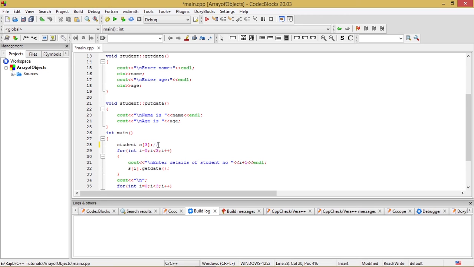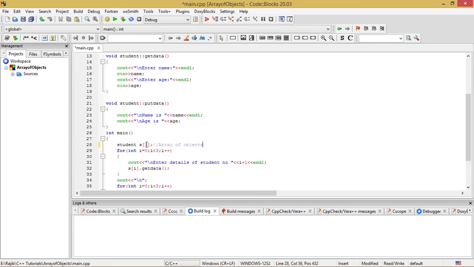I'm just writing a comment beside this to make it clear to you: array of objects. This is the array of objects which has been created. I have named the array S, having a dimension of 3. So I've taken the dimension 3, which means I will deal with the data of 3 students.